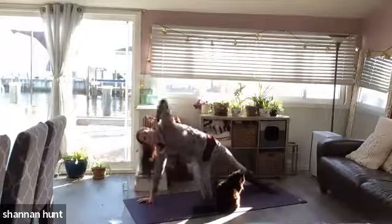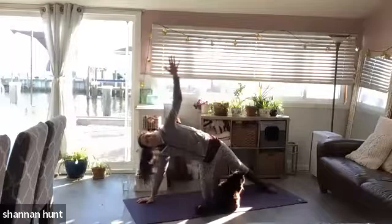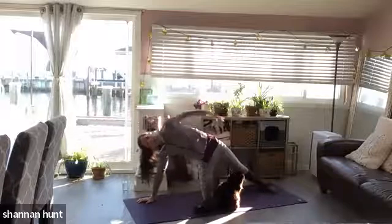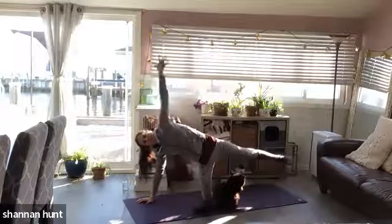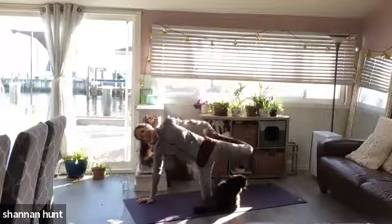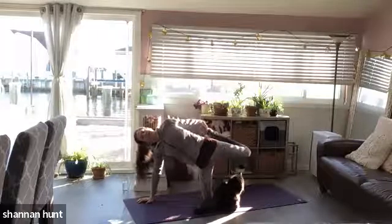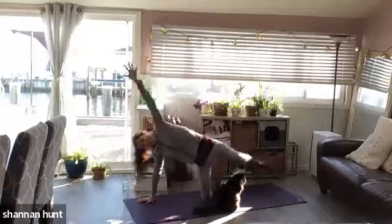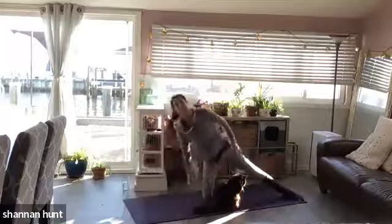Your left leg extends as you peel that left arm up towards the sky, and then take that left arm wherever you want it, either overhead or circling, or lifting that right leg, maybe reaching back for it again, just like we did in that other variation. As that left foot comes back down to the mat, we're going to come into our gate pose, lifting up